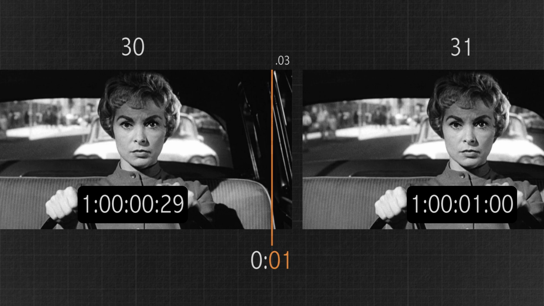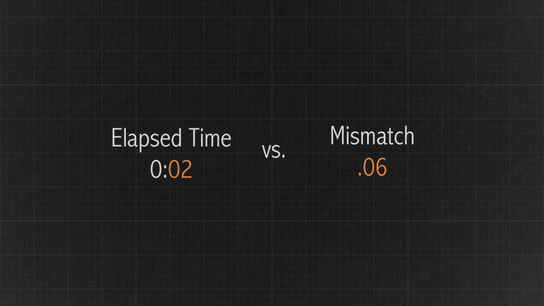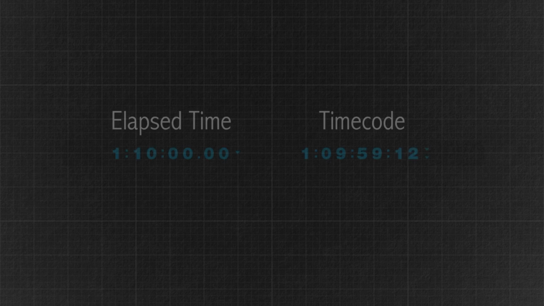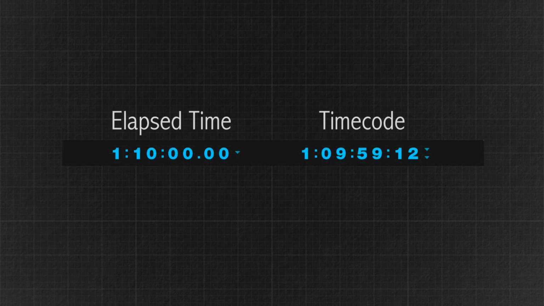This isn't a huge amount, but for every additional second that goes by, the timecode and elapsed real time will be further misaligned in relation to each other by another 0.03 seconds. This equates to a mismatch of 3.6 seconds every hour. It's important to note, though, that this is not inherently a problem. As long as you and the filmmaker are referencing the same timecode frame rate, this doesn't matter at all. But it can be confusing when the real-time counter and the timecode counter don't match, so it's good to be